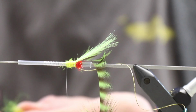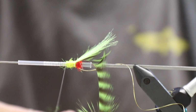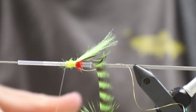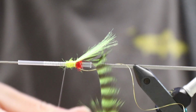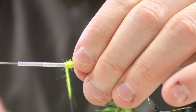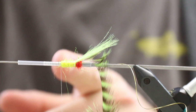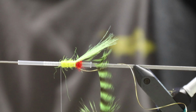And then gradually, as you move up towards the other half of this body, you want it to become gradually more thick. That would give the right properties and proportions of this fly, which is kind of what you're striving for in order to make a classic fly like this look as good as possible. Also, you want the part of the yellow dubbing to be slightly